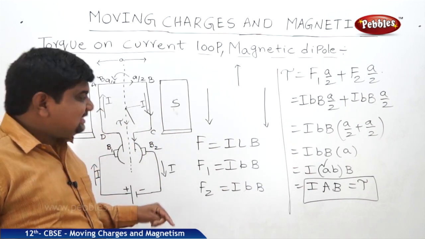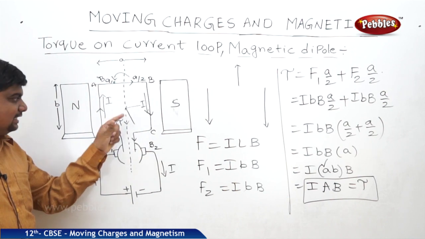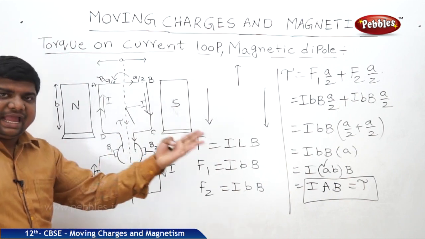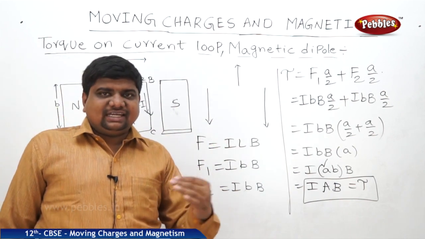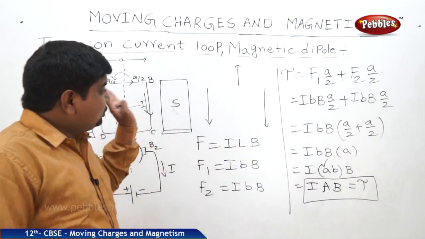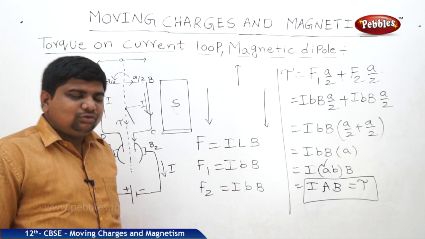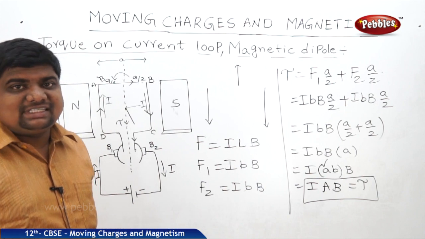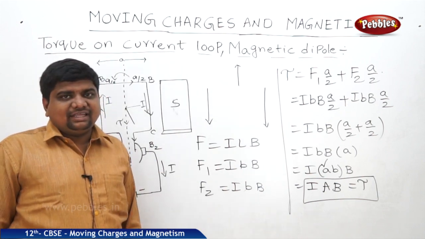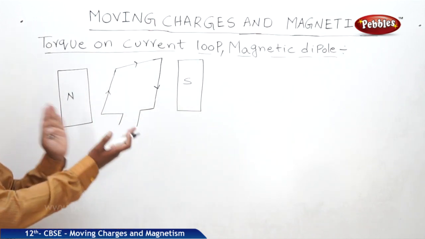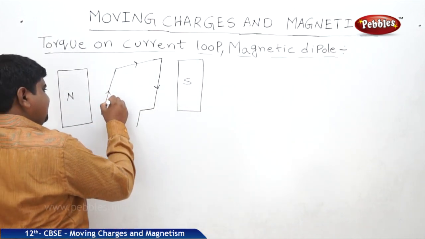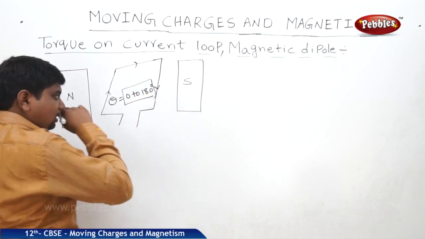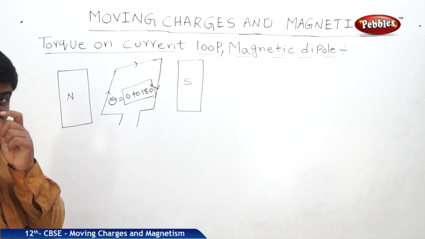Now we will see the condition when it is rotated through an angle, so that the magnetic field lines make an angle with respect to the loop. This means the angle varies from 0 to 180: 30, 60, 90, 45, 120 and so on. Then we should apply the vector condition. What is the vector condition to find the moment of force, or couple, or torque? Tau is equal to F cross R, which is nothing but RF sine theta. So now we should apply the sine theta angle also. The coil is under rotation, so theta varies from 0 to 180, and we can take small momentary deflections of 30, 60 or 50 degrees.